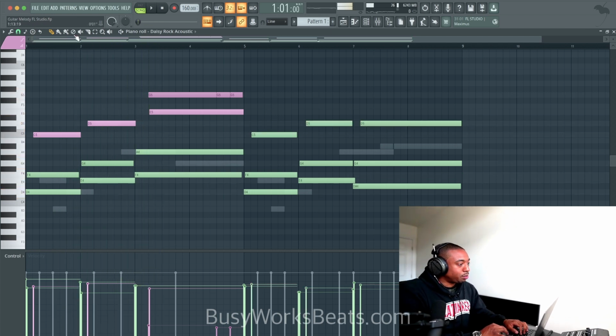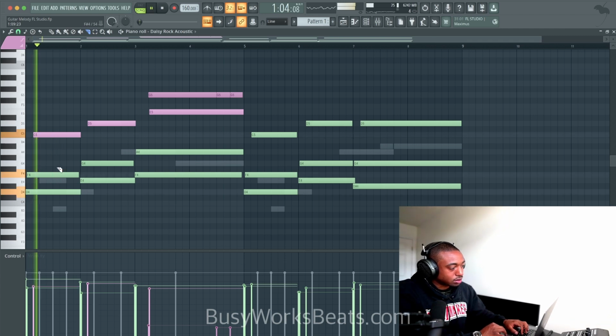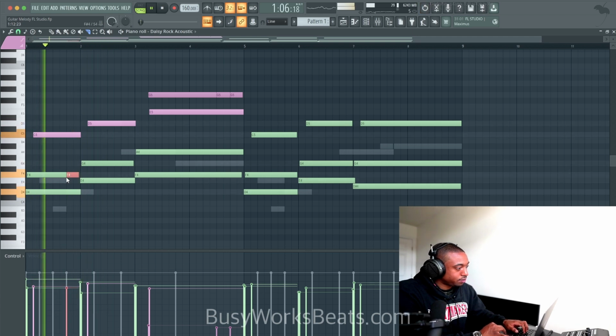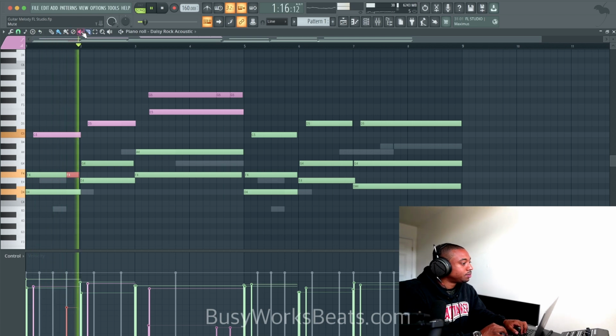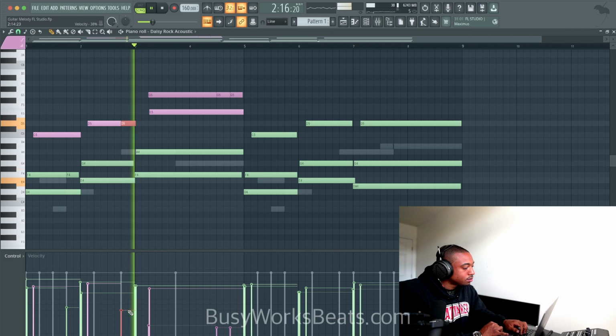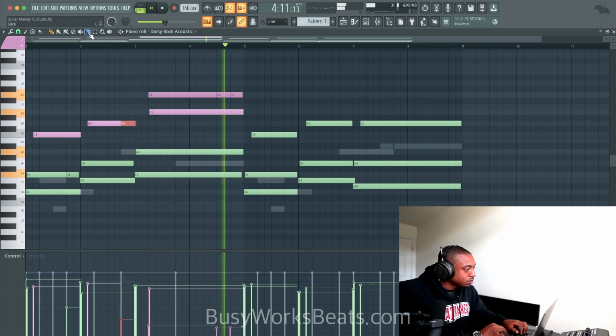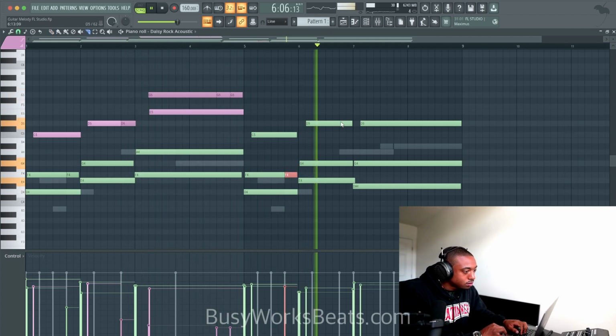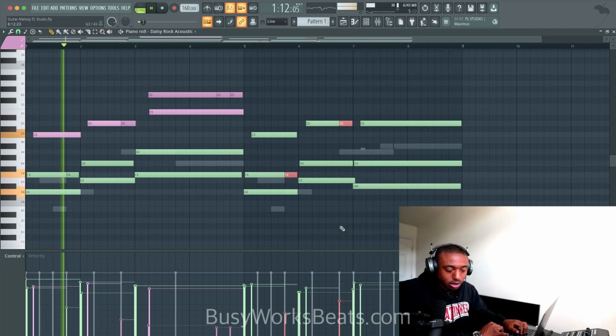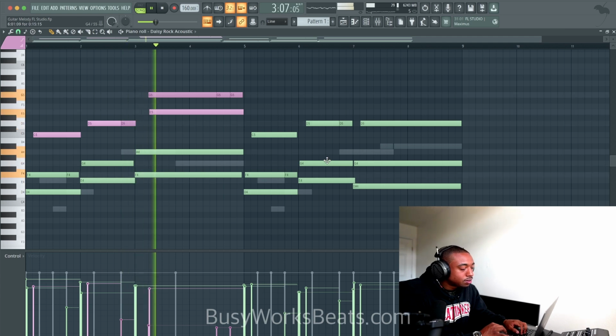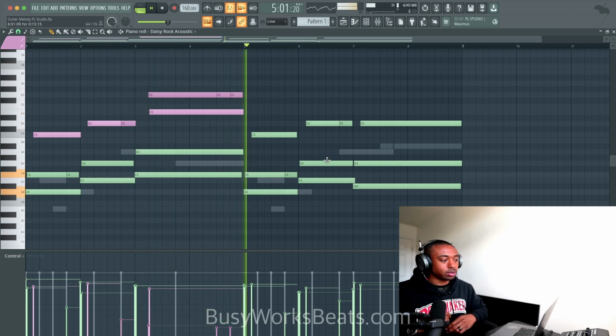You can also do what's called picking. So we can grab the slice tool and go between the notes. So you could strum the chord, but then pick the notes by just slicing it, and just turning the velocity up or down. So now we have more of a bouncy rhythm, almost like you're drawing in drums. It's almost like you can tell where the snare goes.